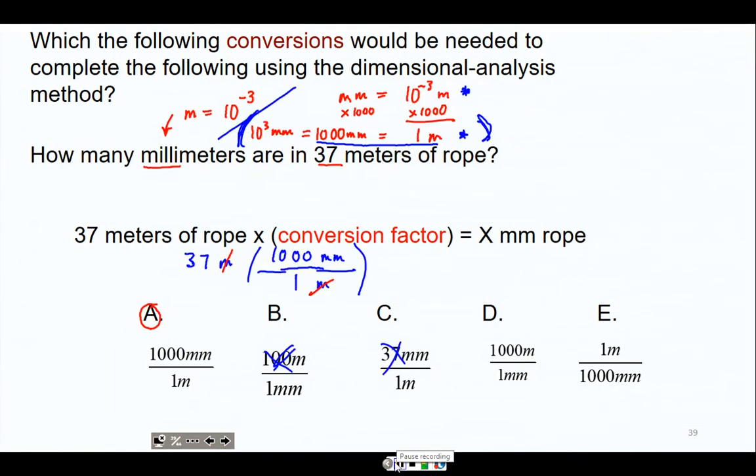You could, of course, complete the calculation and you would find out that the answer is 37 times 1,000, which in my book is still 37,000, or 3.7 times 10 to the 4th. It's not 10 to the 3rd because you had 30, not 3 to begin with. All right, now let's